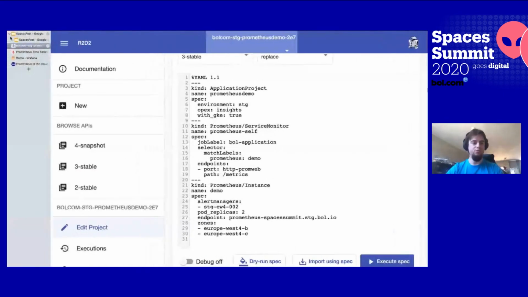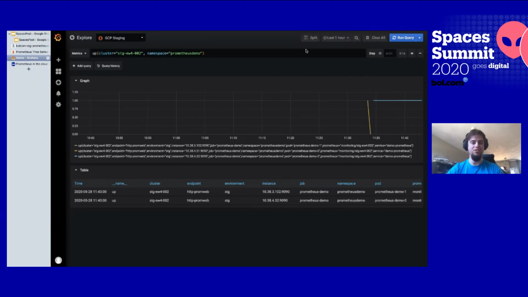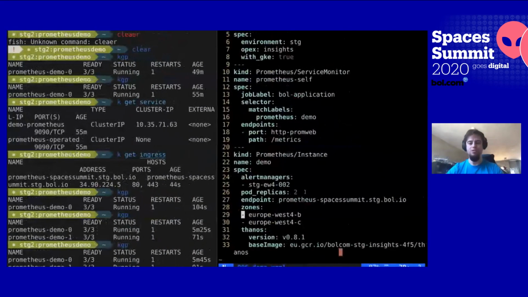Now, if I go to Grafana and I want to plot my metrics, currently I have nothing, and it's sad, but we're going to solve this. So I mentioned Thanos in the introduction. Thanos is nothing more than how to make Prometheus scale. It's an open source project coming from a company called Improbable and some people at Google,